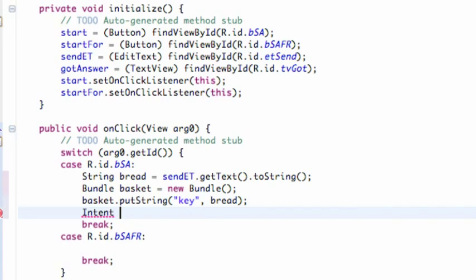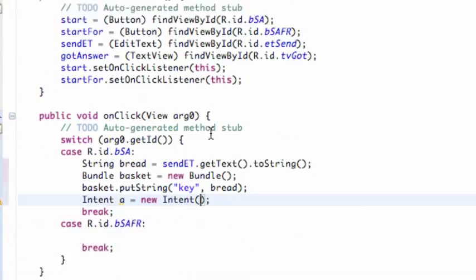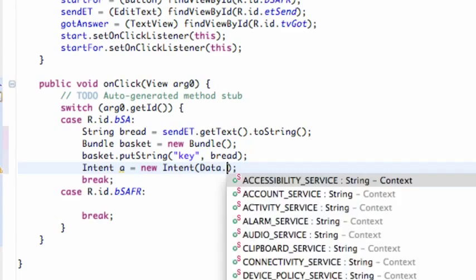And we're going to call this just A. Pretty basic. And then you have to import intent. Maybe I already have. And as always we say new intent. But this is going to be a little bit different in parameters for the most part. So instead we have to give the context, and then say what class we want to open. So we're going to say the context of this class, which is called data. So we're going to say data.this,